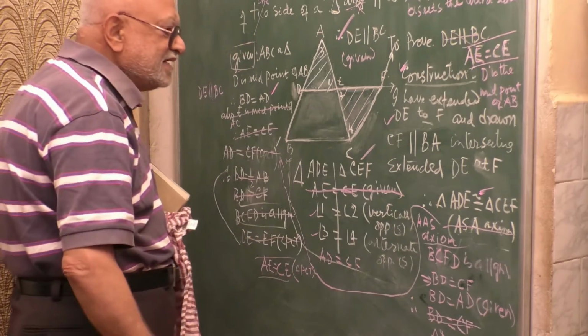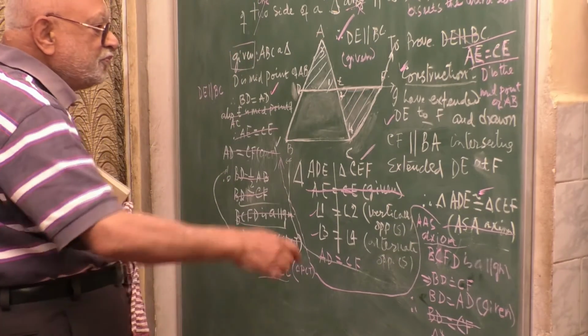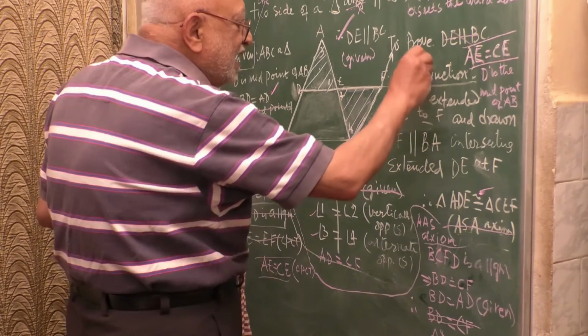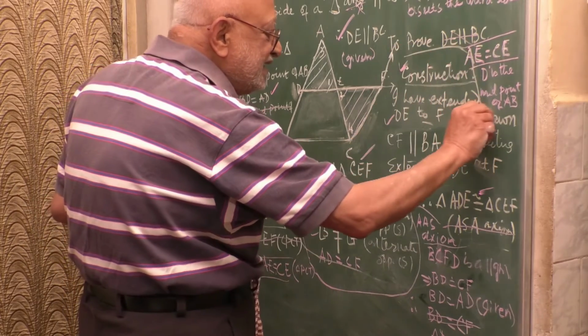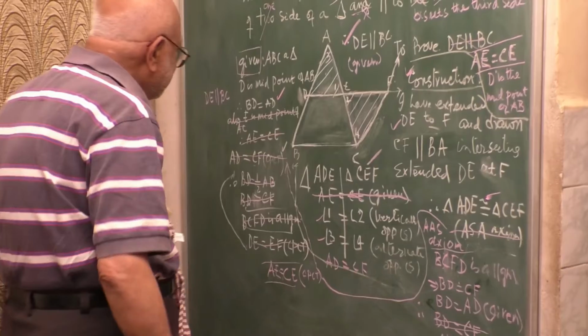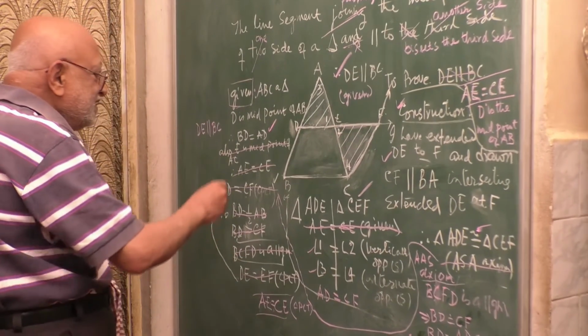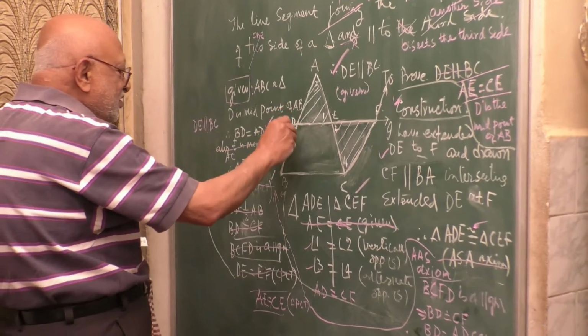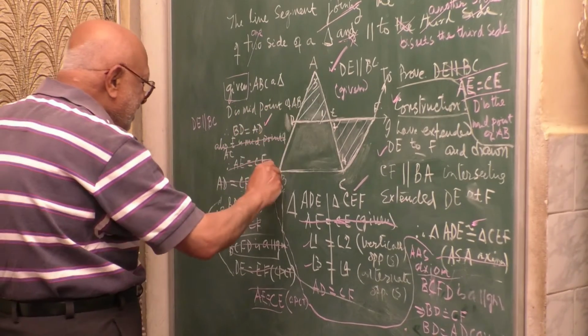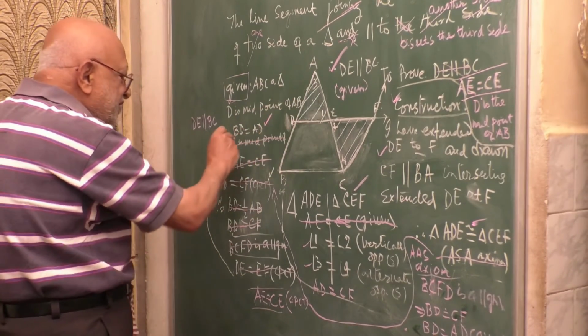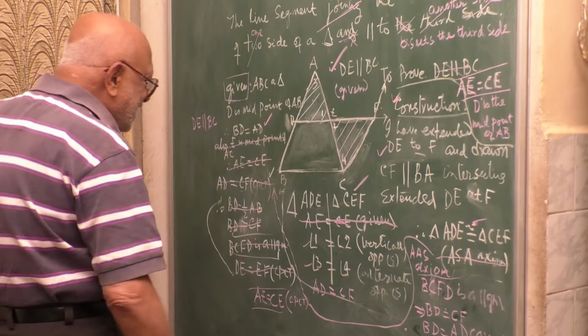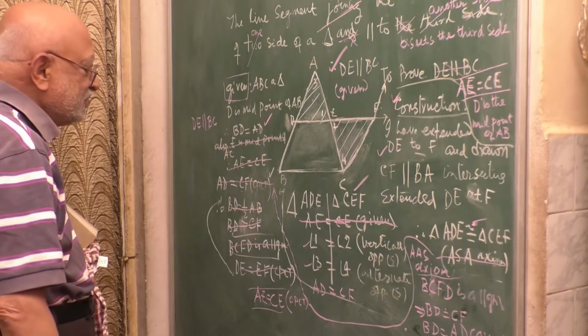Constructions remain the same. So to prove, that means we are going to prove that D is the midpoint. Now what is given: D is the midpoint of AB. Therefore BD is equal to AD, and it is also given